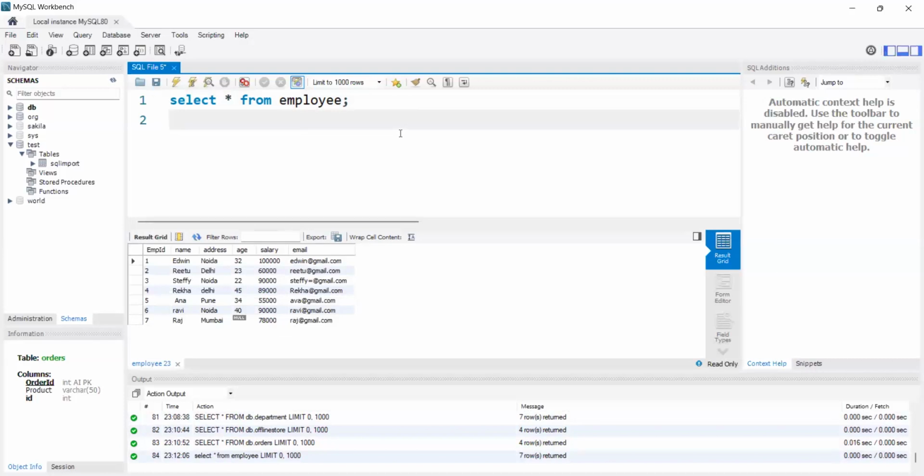For example, here, if I write delete from employee where empid is equal to 7, then what's gonna happen? The detail of the employee,